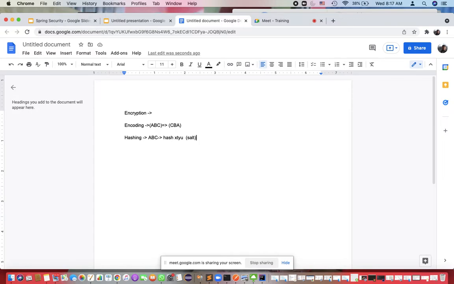Suppose you are hashing one string using one salt, and another party wants to verify whether it is matching or not. It can't extract the original value, but if it knows the salt value and the algorithm, then it can take the raw value it has and hash it, and then the hashed values can be matched.